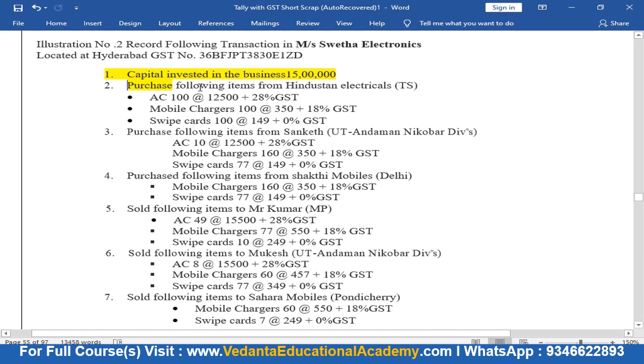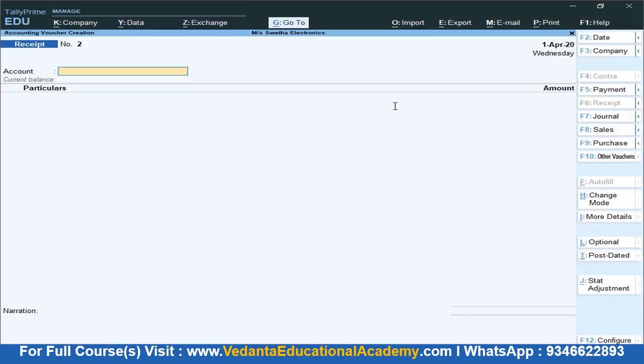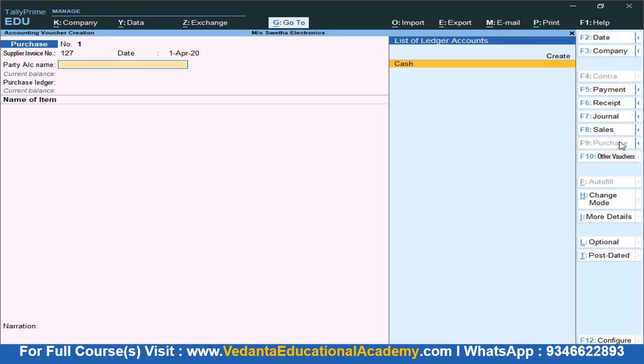Now we have the next voucher, that is purchased the following items from Hindustan Electricals, who is from the state of Telangana. So now we are purchasing from Hindustan Electricals. This is the counterparty name. So we are purchasing, right? So go to purchase voucher, enter some random invoice number, and we are purchasing from the party Hindustan Electricals.